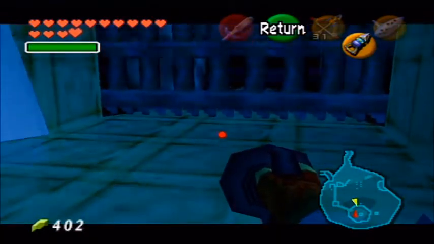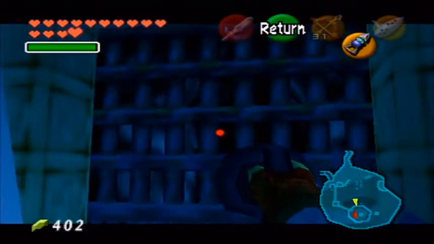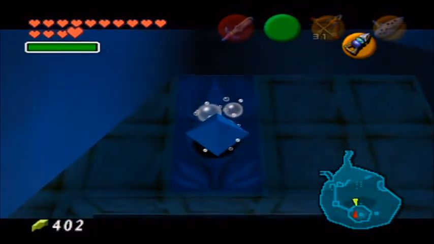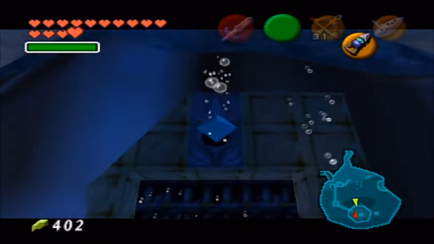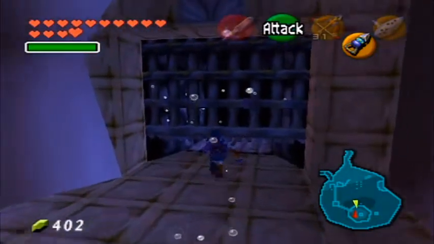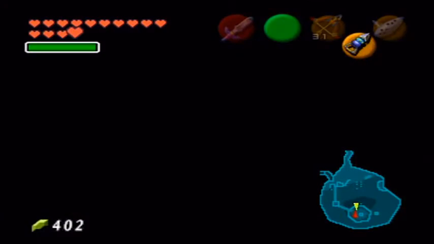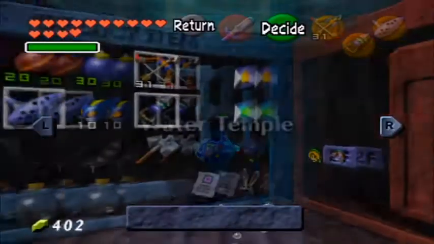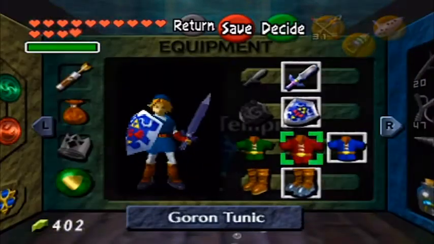Now you may notice there's a cage there. Well, what can I do to open it? Well, simple answer, use the hookshot. And you can just walk straight through that gate. I don't know why. So now you want to take off the Iron Boots, and we're officially in the Water